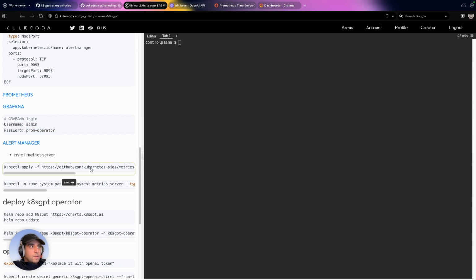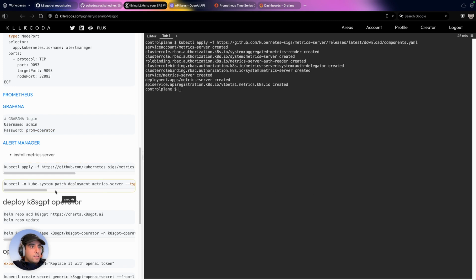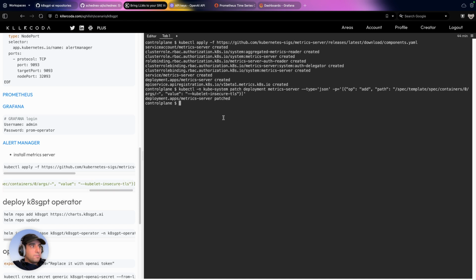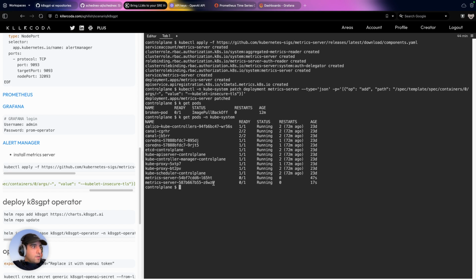All right, so I'm going to install metric server, and then I'm going to patch it to add this kubelet insecure TLS flag, because this is a kubeadm environment with self-signed certificates which do not have the right domain name. If I add this flag, I can simply patch the server to bring it to a running state, and it does not crash. So if I now look at everything in the kube system namespace,